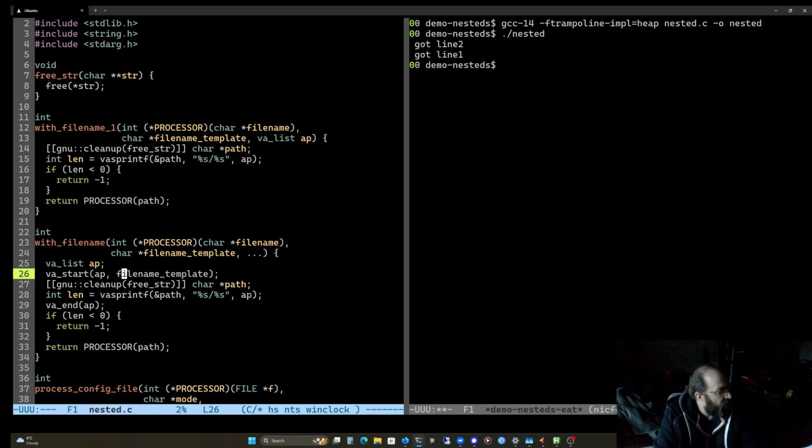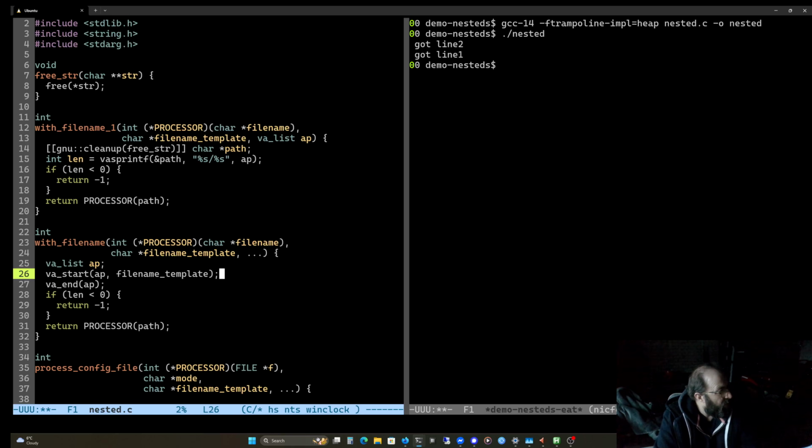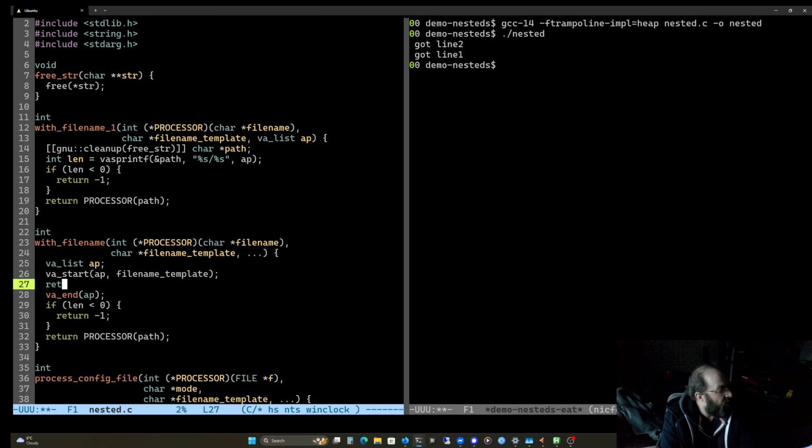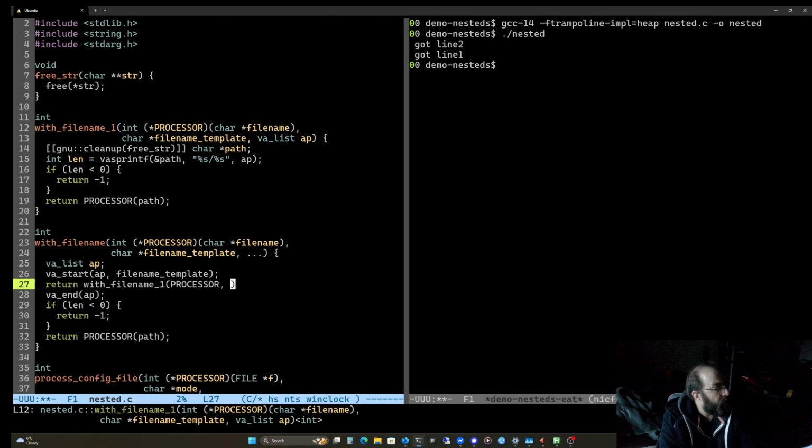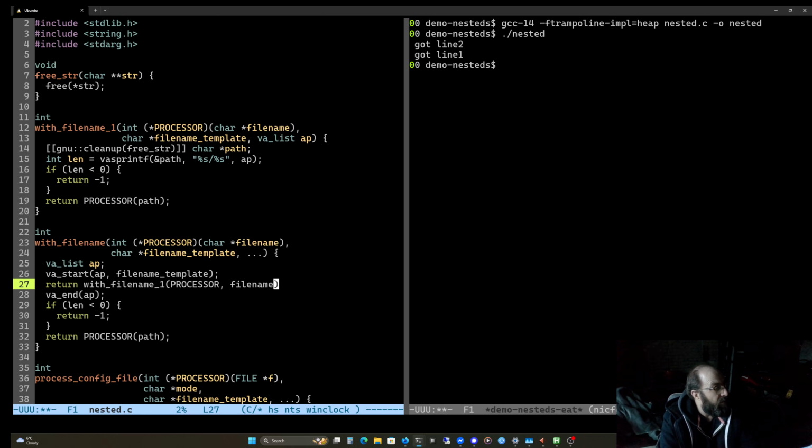So instead of doing that, we'll just do this. So we'll call with file name 1 with the processor, and then file name template, and then the AP.